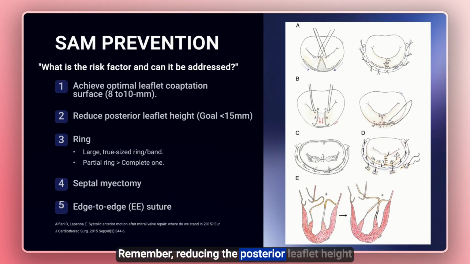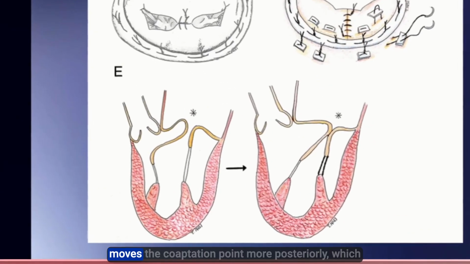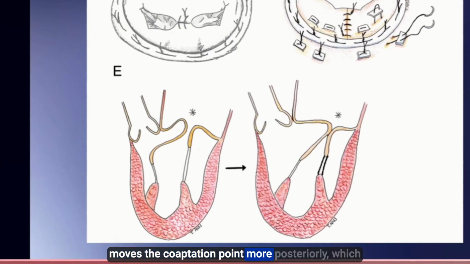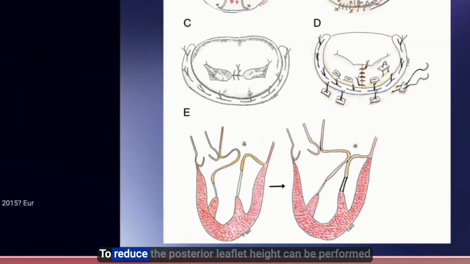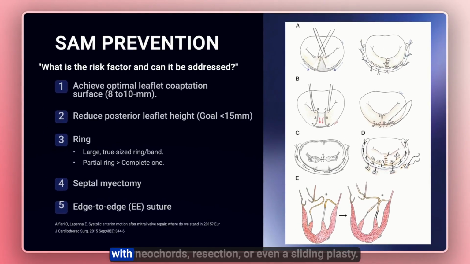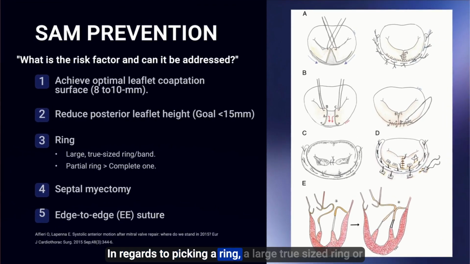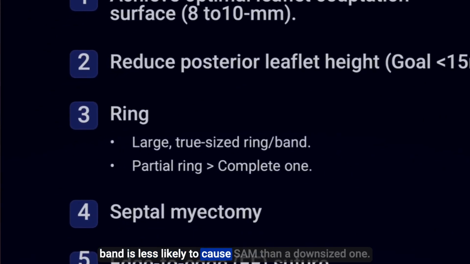Remember, reducing the posterior leaflet height moves the coaptation point more posteriorly, which would actually increase that C-sep distance. Reducing the posterior leaflet height can be performed with neocords, resection, or even a sliding plasty. In regards to picking a ring, a large, true-sized ring or band is less likely to cause SAM than a